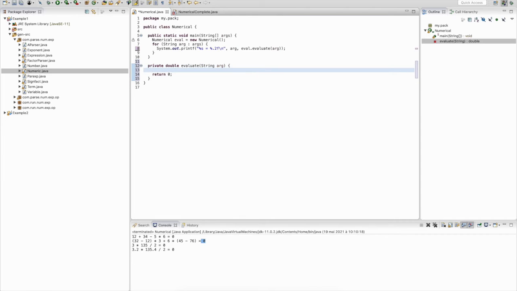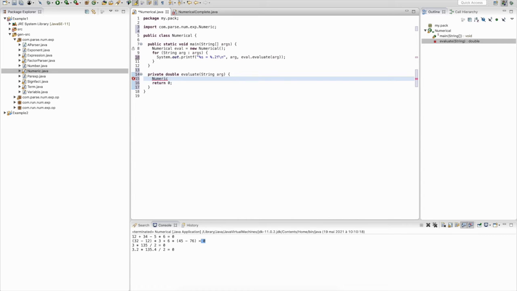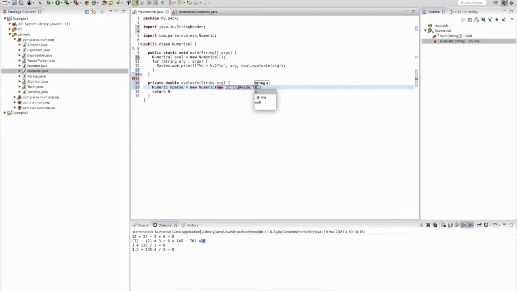And here I will instantiate my numeric parser, and parse equals new, with a new string reader. I give the argument,